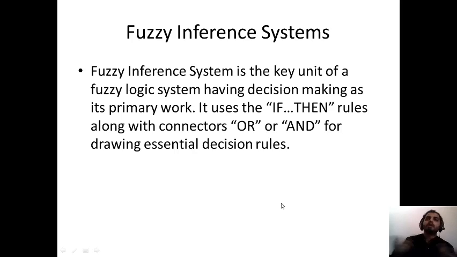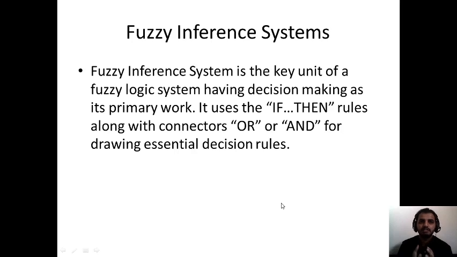So what can be done? And also you cannot write phase 2 and phase 3. So what can be done? For you, some special consideration is taken with reference to connectors, and and or. So this is what fuzzy inference system is all about. I hope you understood what fuzzy inference system is all about.